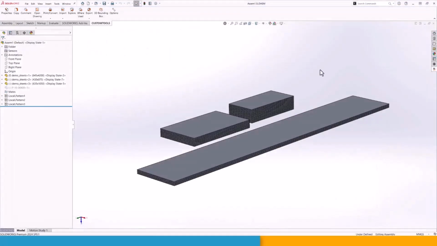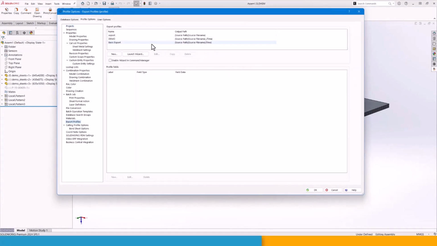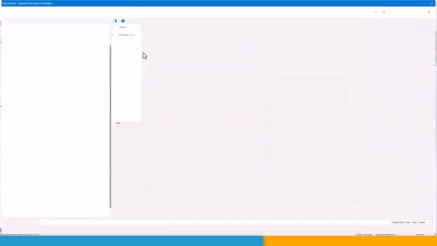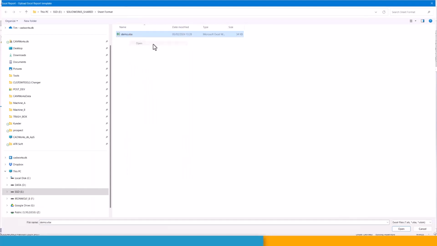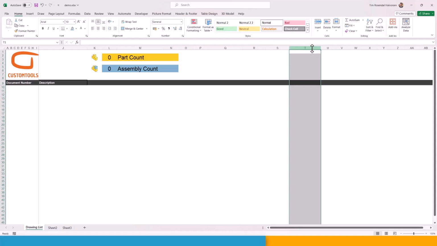Closing everything and getting back into this option. So export profile, basic export. In this one, upload to profile. So open this one. And let me make the T column slightly bigger. And you can obviously define exact size of this one. So column width, let's go for, I don't know, 18. That's probably okay. And to remove all of these zeros, you can go into the file,